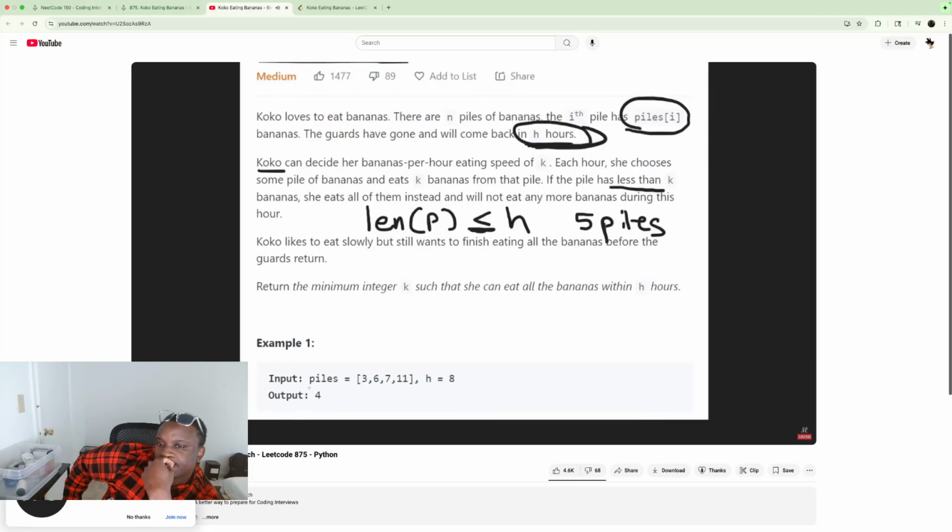So let's take a look at this example. They give us an input array of 4 piles, and they give us 8 hours to eat all 4 of those piles. What's the minimum k, the minimum eating speed that Coco could use to eat all of these piles in at most 8 hours? So we have to eat all the piles in 8 hours or less. Well, the brute